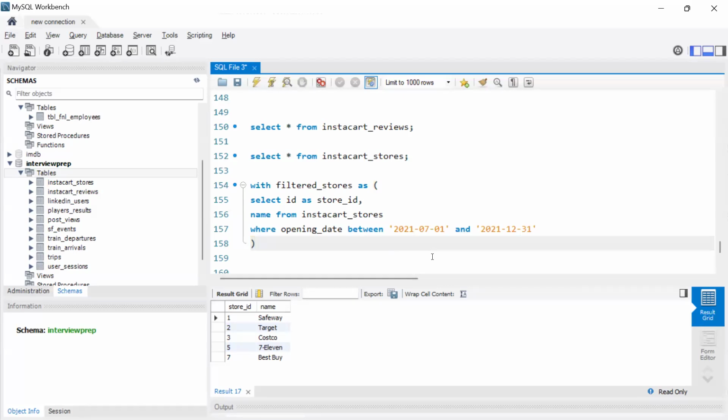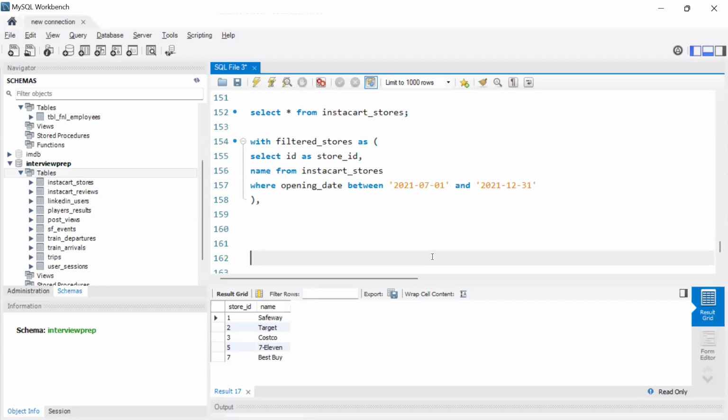Now what next am I looking for? I'm looking for the reviews, and I want to tag them. If the review score is less than 5, I want to tag it as a negative review. Or I can tag it as 0 and 1, with one column as negative review and a second column as positive review. So those stores which have negative reviews and positive reviews, I want to segregate that, right? So here I'll create another subquery, tagged reviews as